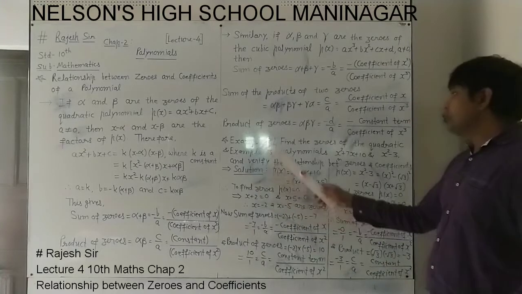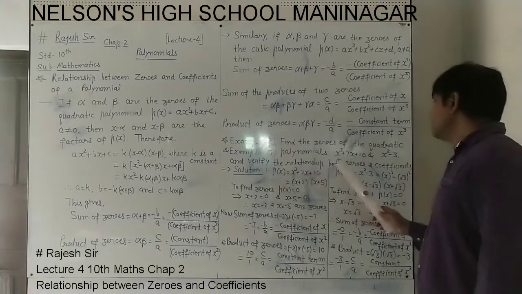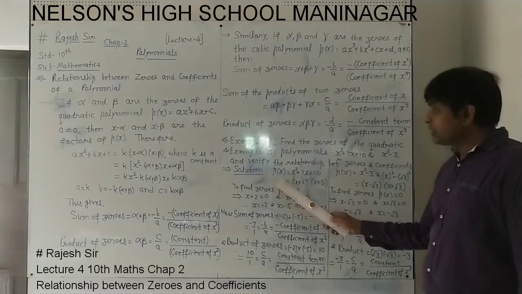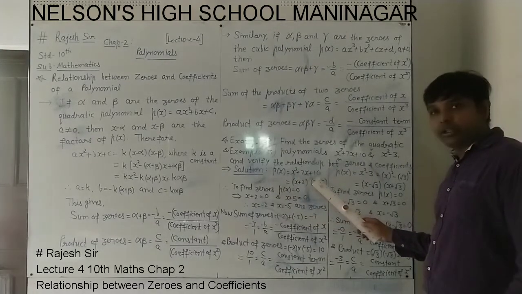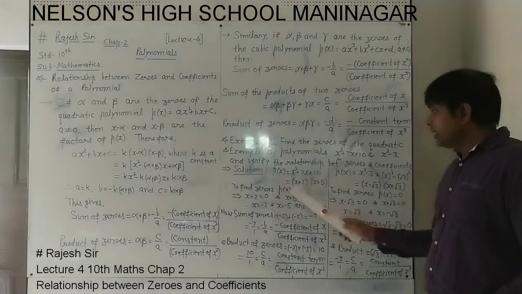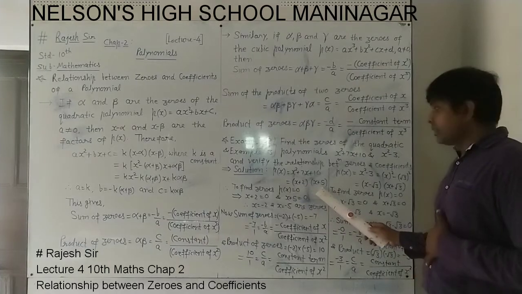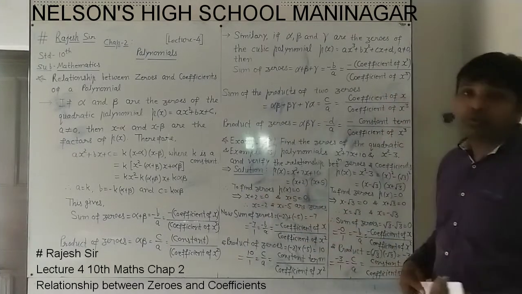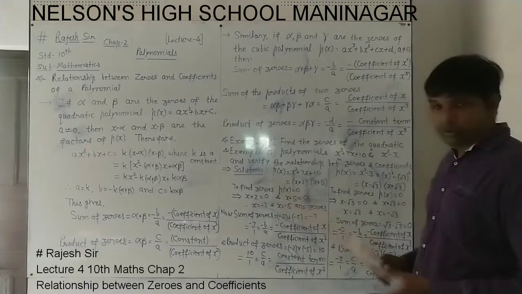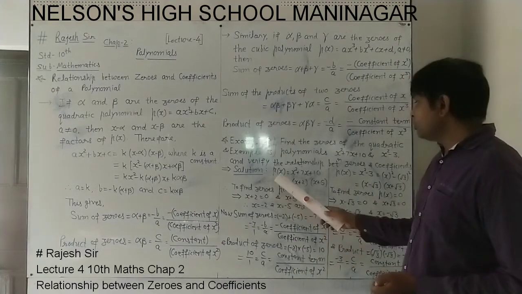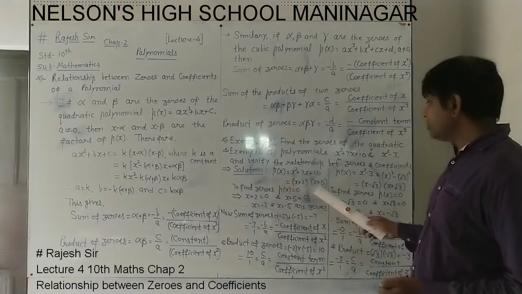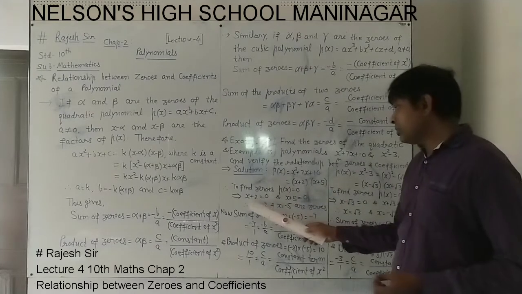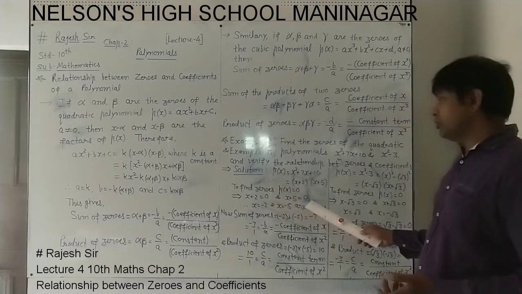So in the solution we will first solve example 2, and it is having the polynomial x square plus 7x plus 10. So polynomial p(x) equal to x square plus 7x plus 10 I have taken. By factorization you will get x plus 2 into x plus 5. As we have seen in the last lecture, to find zeros, what do we do? We start with p(x) equal to 0. If we start with p(x) equal to 0, then x plus 2 into x plus 5 equal to 0. So x plus 2 equal to 0 and x plus 5 equal to 0.